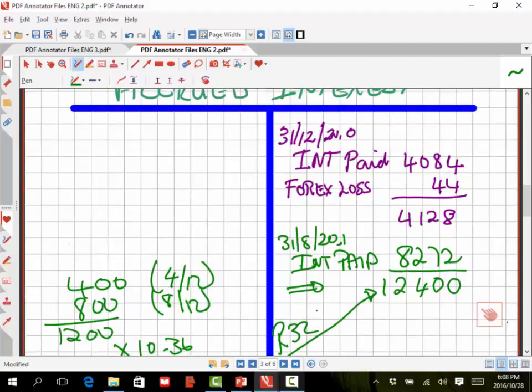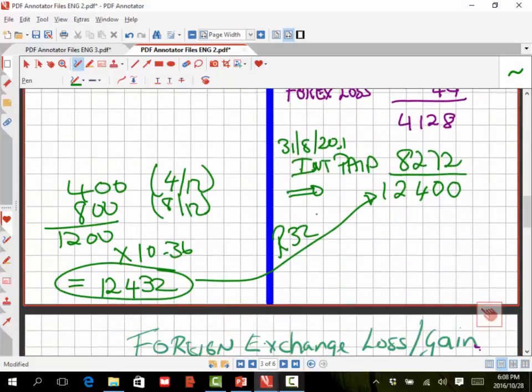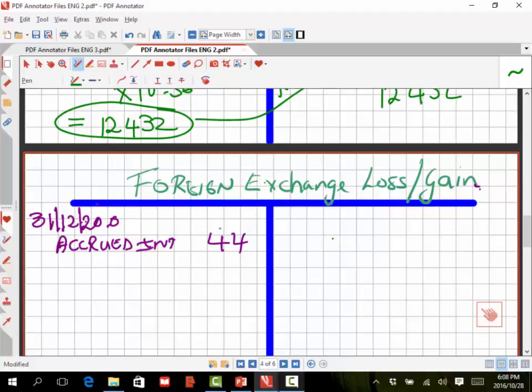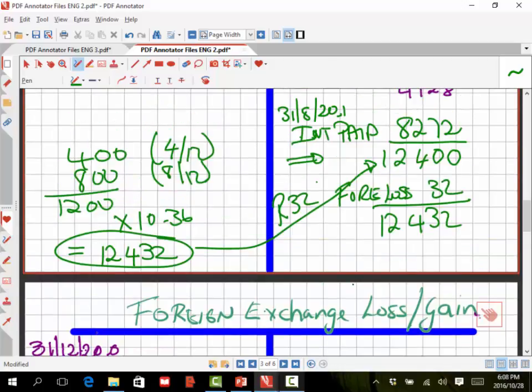So our journal will now be credit the Forex loss with 32, giving us 12,432, and of course debiting this account 31 August 20.1 accrued interest of 32. So now we've accounted for the exchange rate adjustment as well,